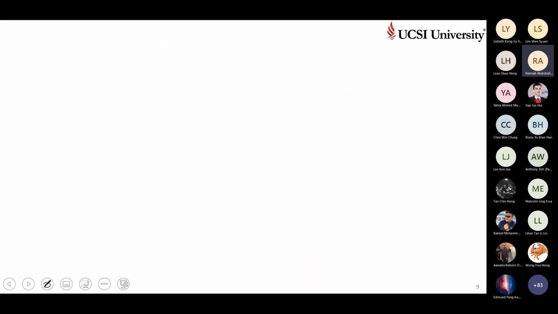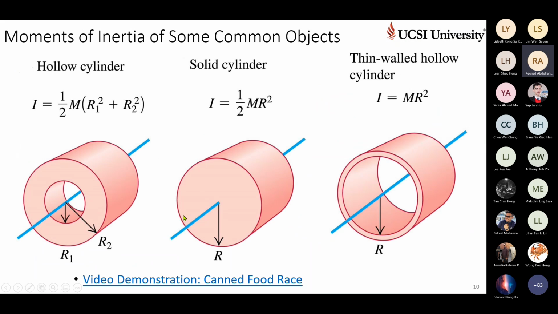One moment. I have this example. Come on, this is also a good example for you to learn. Start from the solid one. The solid cylinder, when it is rotating, R is this much. So the moment of inertia due to this solid body will be half mr square, right? Half mr square. Meaning what? The mass is due to the volume of the material from 0 to R. Clear? It has a good inertia.